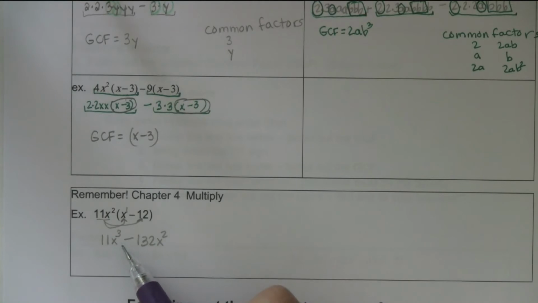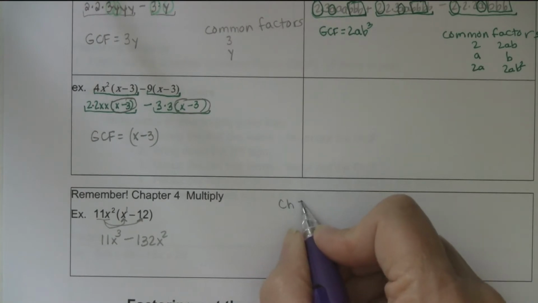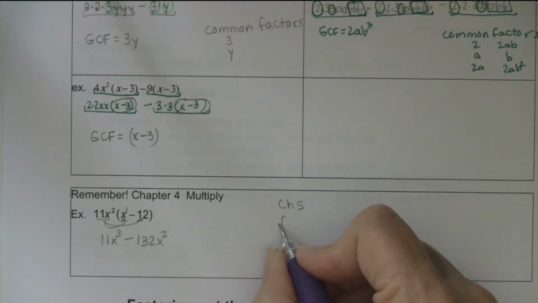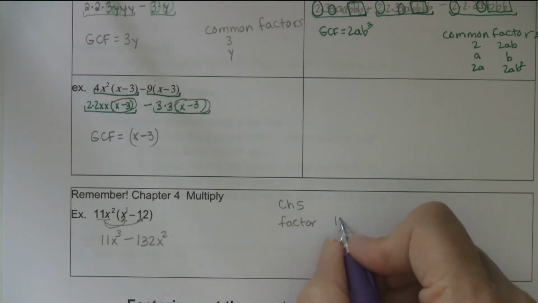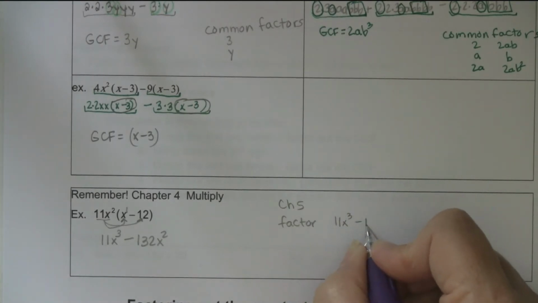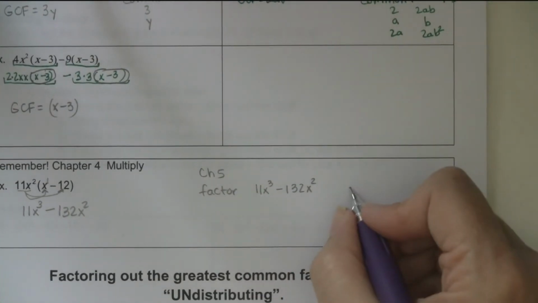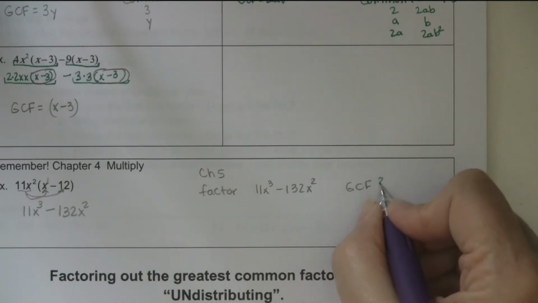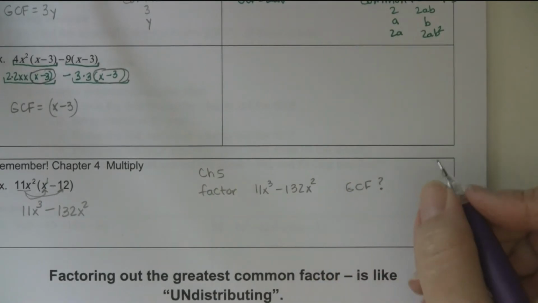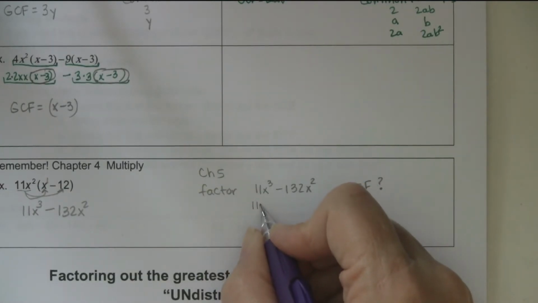Okay, so this is what they asked us to do in chapter 4, is they asked us to multiply. In chapter 5, what they're going to say to us is factor. And then they're going to give us 11x cubed minus 132x squared. And we're going to ask ourselves, well, first step, what's the greatest common factor? That's what we're going to ask ourselves. And you could do it by piecing it apart. So 11 x